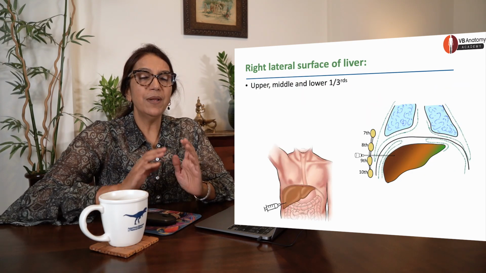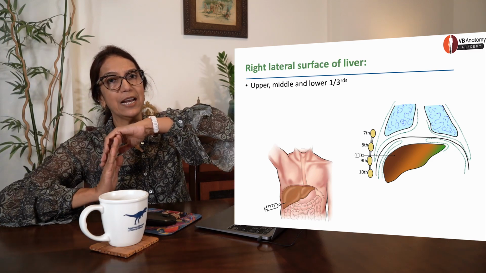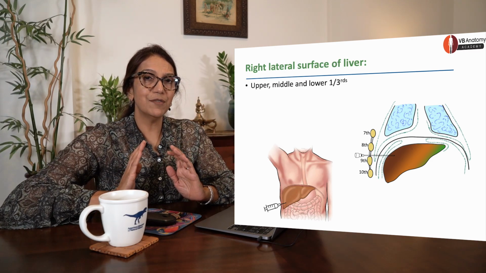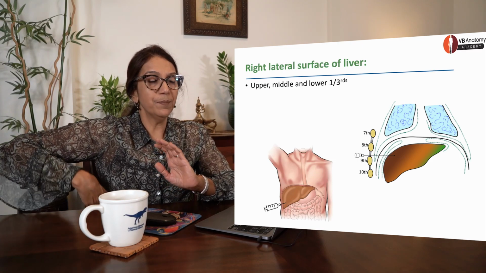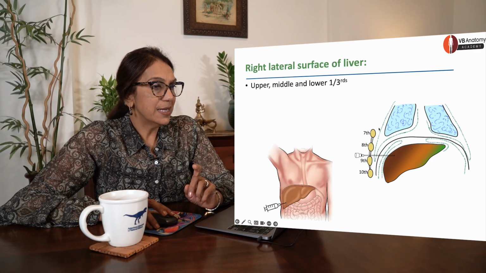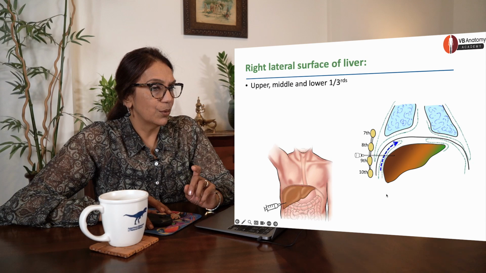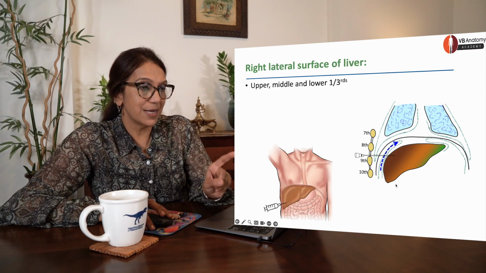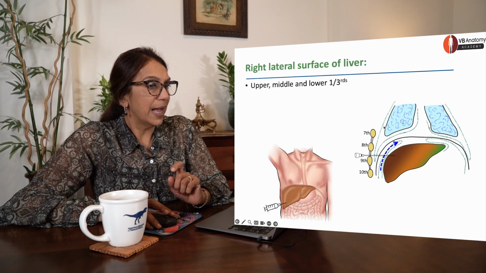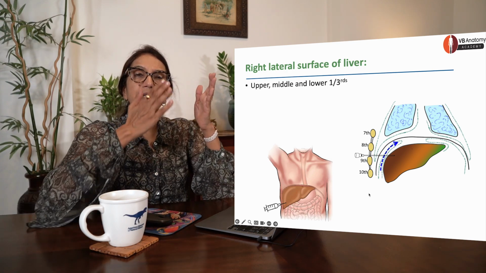Right. So we now move from superior to the right lateral surface. The right surface of the liver is related to the right side body wall. The right surface here is separated from the diaphragm by a small little peritoneal recess shown by the blue arrow. And then beyond it, it's related to the body wall.